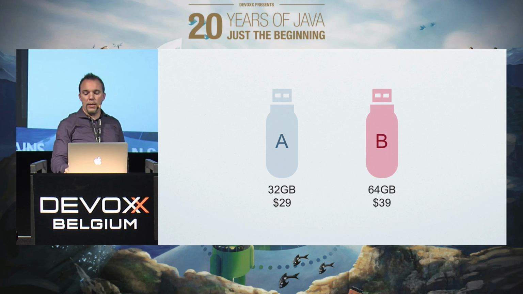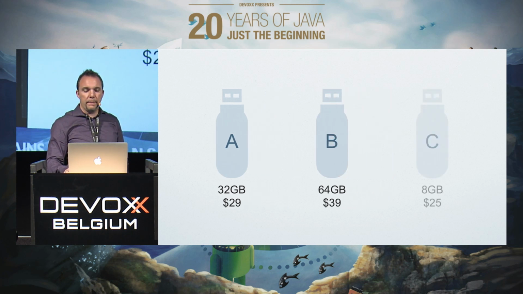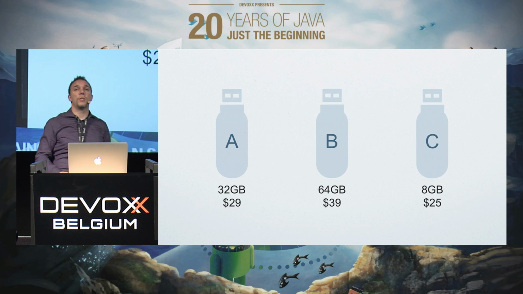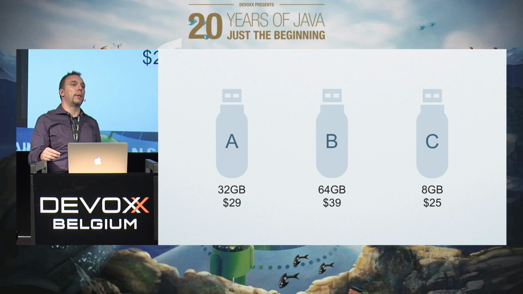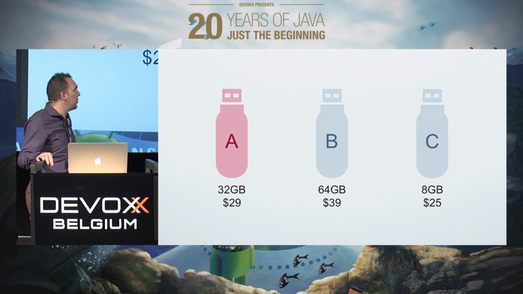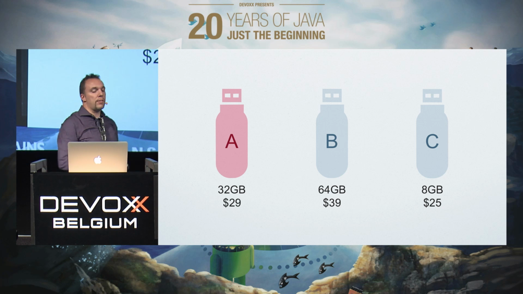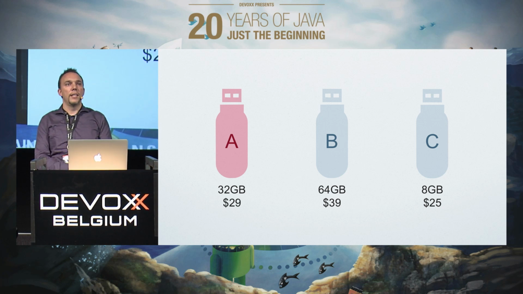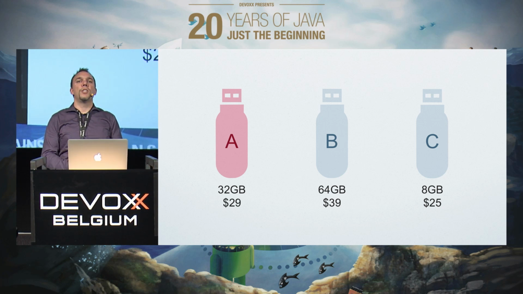Good. Now, imagine I do this. I introduce an 8 gigabyte model. Which do you think is now the best bargain? Yeah, it's probably still the best bargain, but psychologically, the attention shifts to A. So by introducing a decoy, that's USB stick C, you psychologically influence the buying decision, and you influence it clearly.